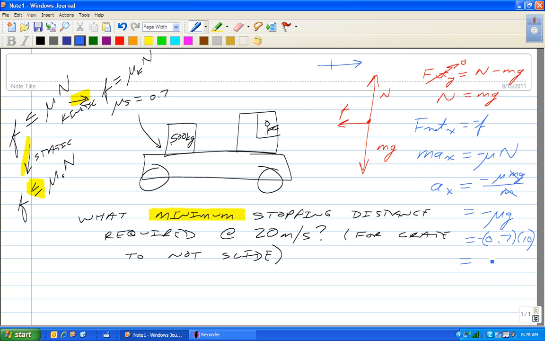So what's the maximum acceleration? No, it's not negative 10, because it's just the magnitude of the acceleration, because the direction's in the y direction and we're dealing with x. Oh. Great, thank you. So what was the minimum stopping distance? You just then have to find the change of x,